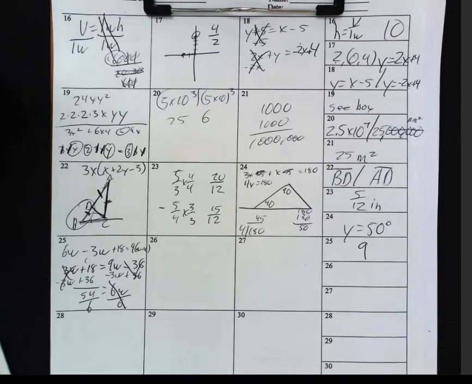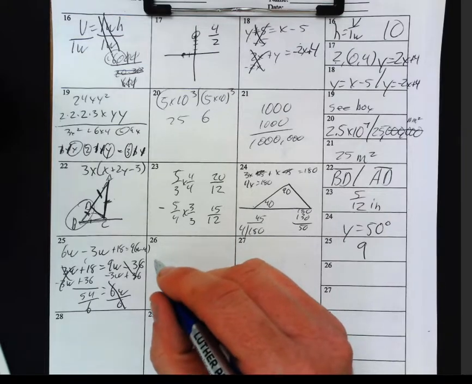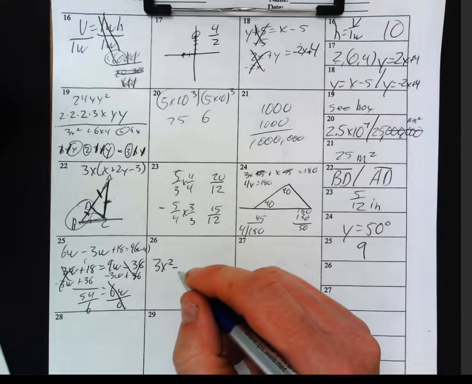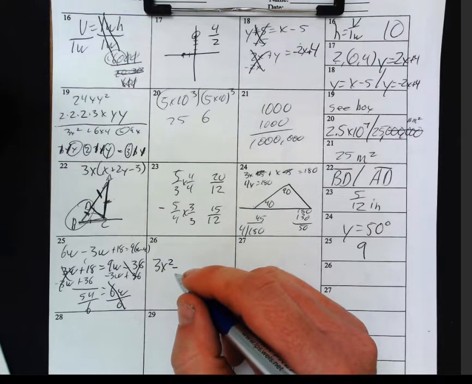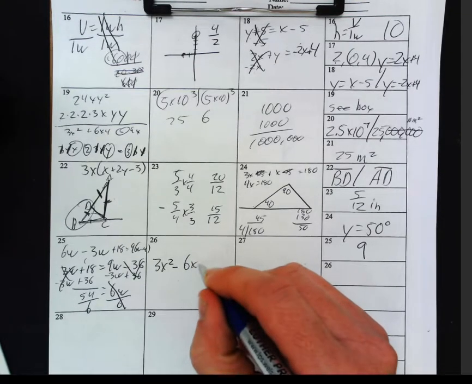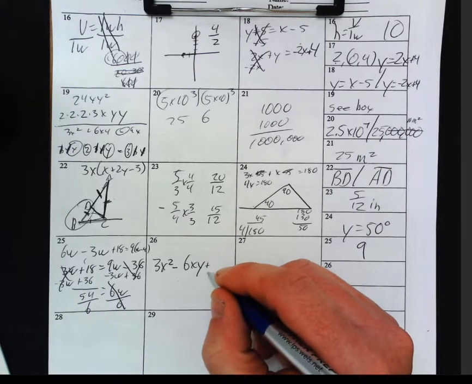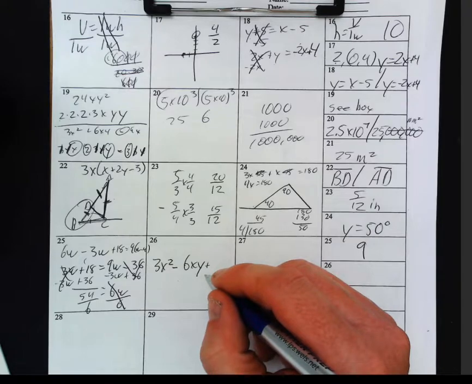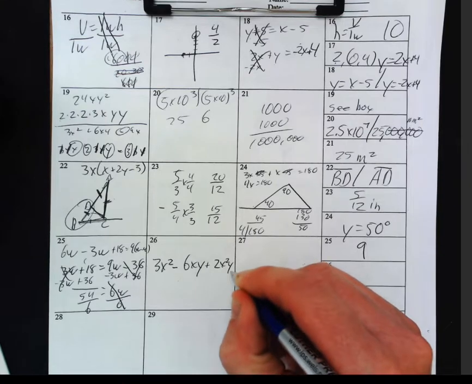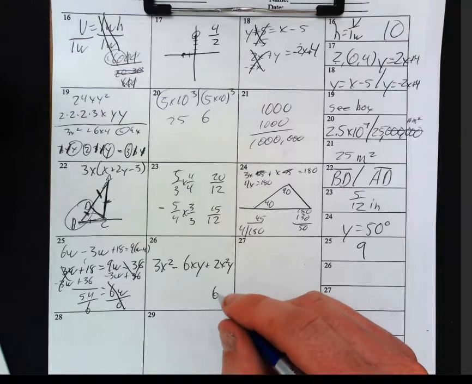26. I'm going to distribute as I do it, guys. 3x times x is 3x squared. Minus 3x times 2y. 3 times 2 is 6. X times y is xy. Plus, distribute. 2 times nothing is 2. X times x is x squared y. And 2 times 3 is 6, and I keep the